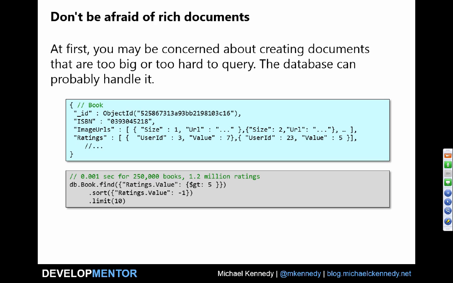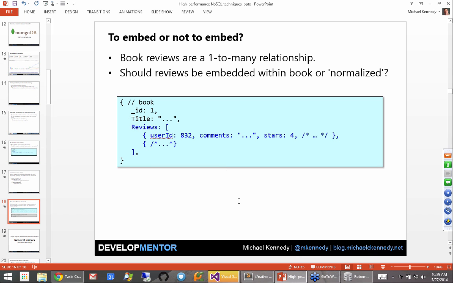So you might be thinking, well, if I'm going to embed these documents like this rating, what if I wanted to ask the question of, show me all the ratings where the value is greater than 5, or has any value that's greater than 5. So basically, show me the books that have a rating of above 5 at all. So let's go look at this here.